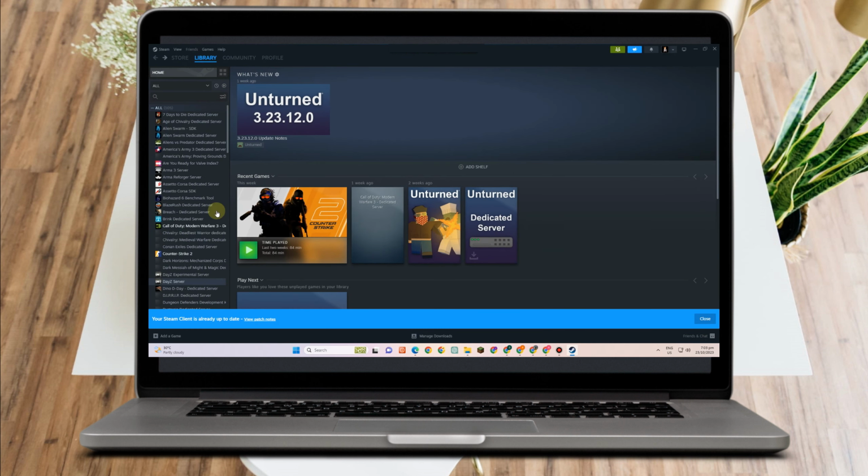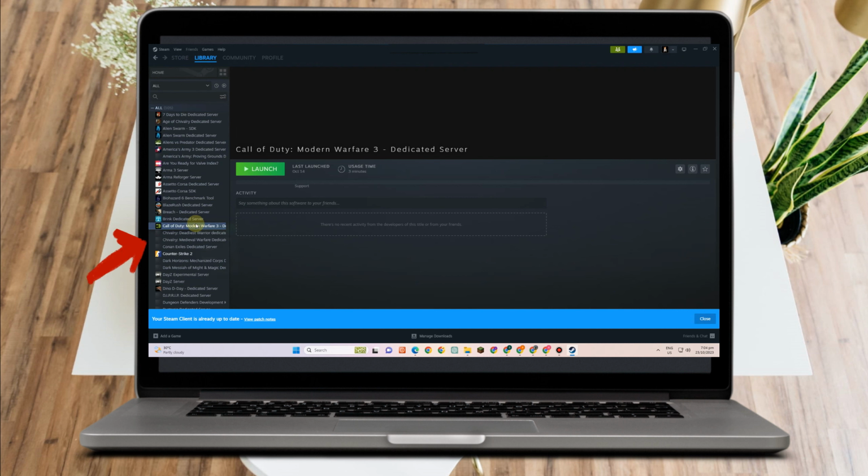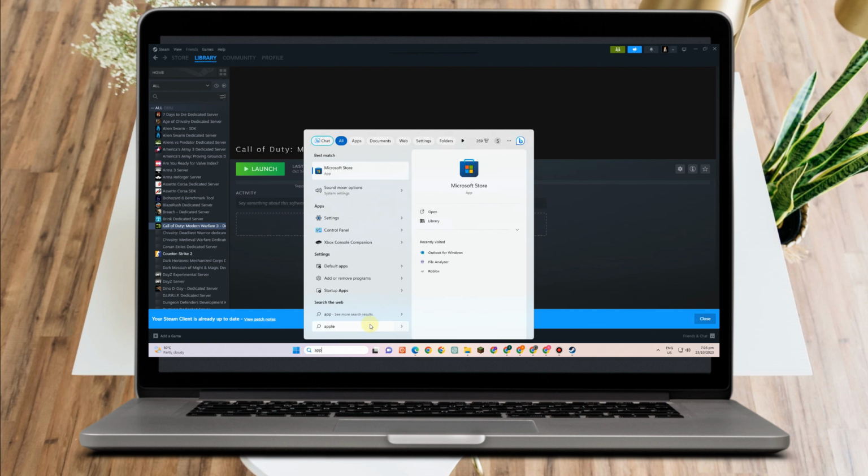the next thing to do is to simply uninstall the game. Right click the game, and then kindly go to manage and then uninstall. After that, install it again and see if it resolves the problem. If not, then the best thing to do is to simply